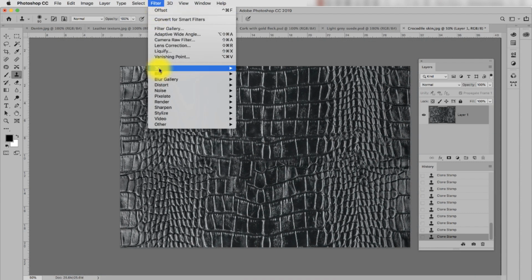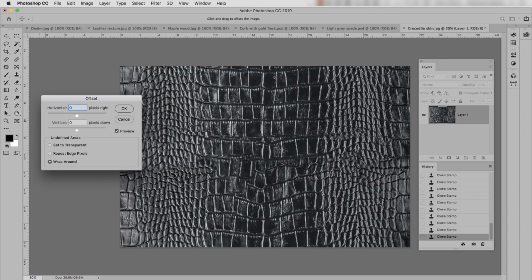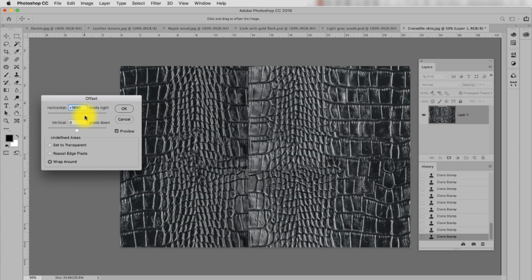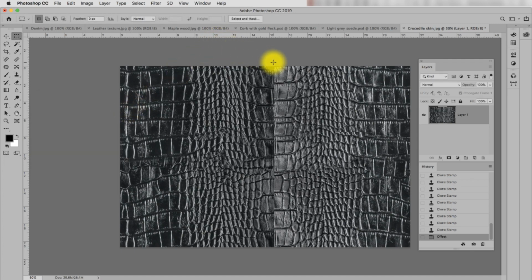Next, I'll offset this image from left to right, leaving the up and down value at 0. Can you see how light the right side is? I'll copy the left side, the darker side, as this is more consistent with the rest of the swatch, and I'll paste it in a new layer.